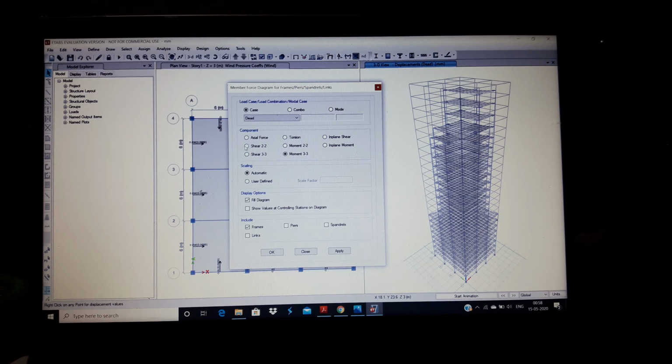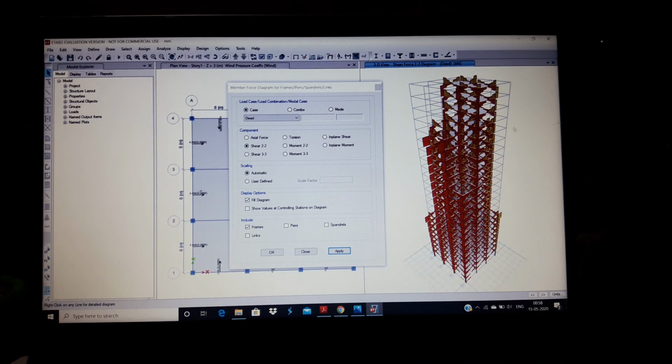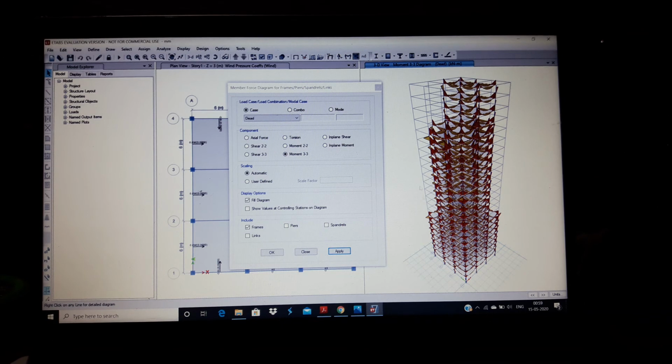We can check shear 2 here. Apply. You can see this is a shear force diagram for the frames, and for the moment click on moment 33 and then apply. This is the moment distribution.